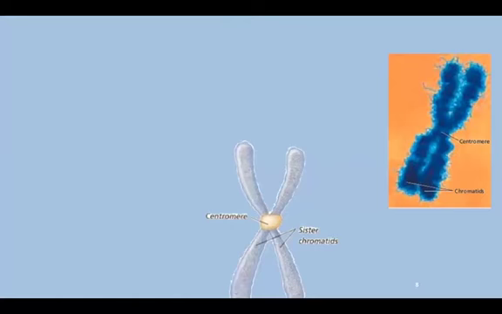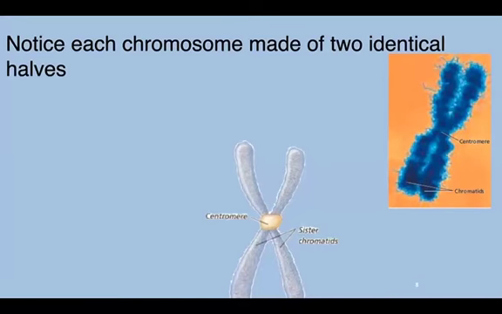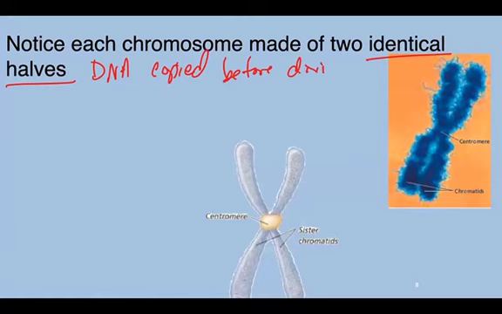Now, we have to look at the structure of chromosomes. So we notice that each chromosome is made of 2 identical halves. Now, these identical halves are because DNA is copied before division. The reason why DNA is copied is because the whole point of cell division is to create 2 brand new identical cells. So therefore, you have to copy the DNA so that each new cell has exactly 1 copy of the entire